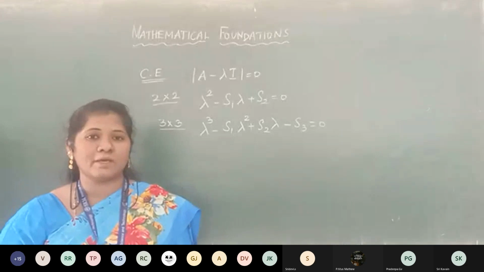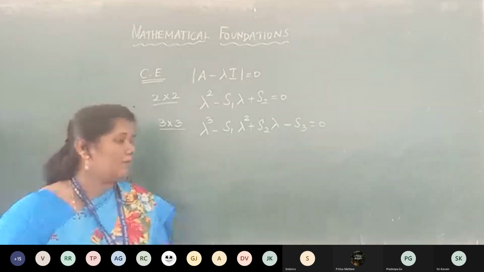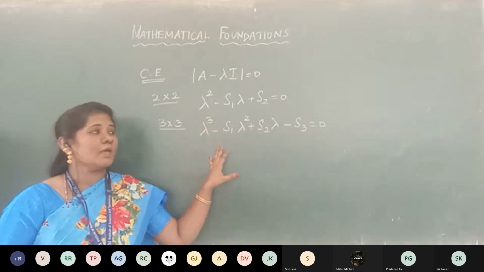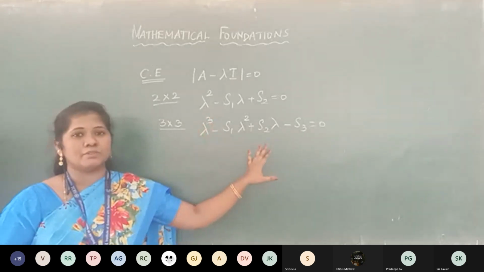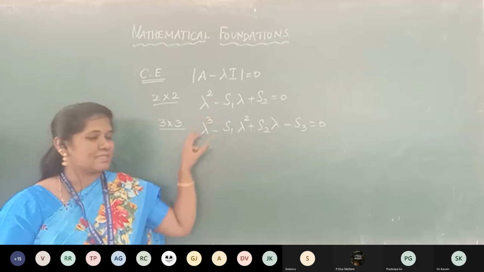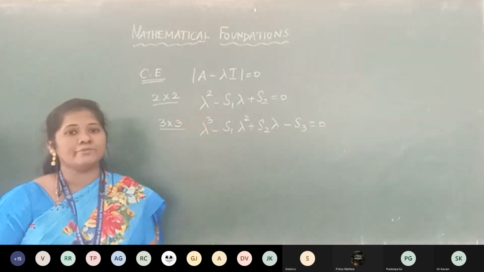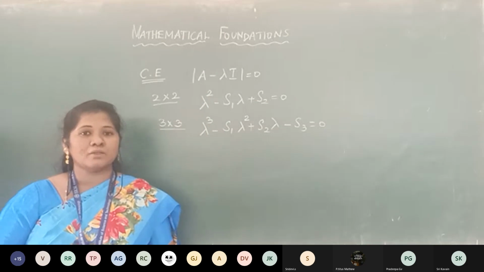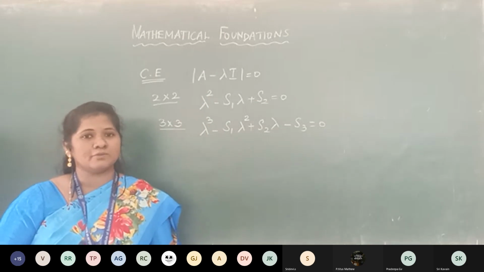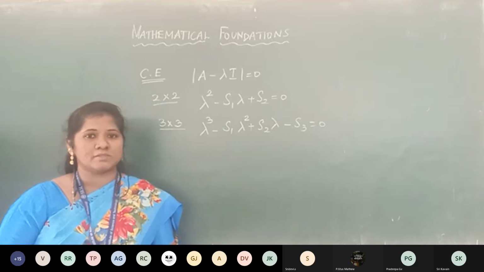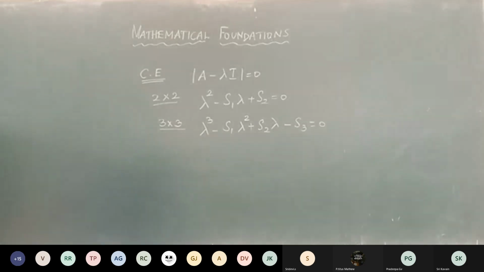Then we went into eigenvalues and eigenvectors. In eigenvalues and eigenvectors also, you have to find this characteristic equation and then solve it. If it is lambda cube, you will have 3 roots. If it is lambda square, you will have 2 roots. Those roots are your eigenvalues. After finding the eigenvalues, you have to find the eigenvectors. So we will continue with the problem